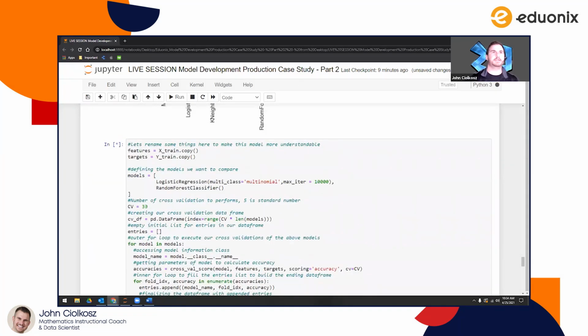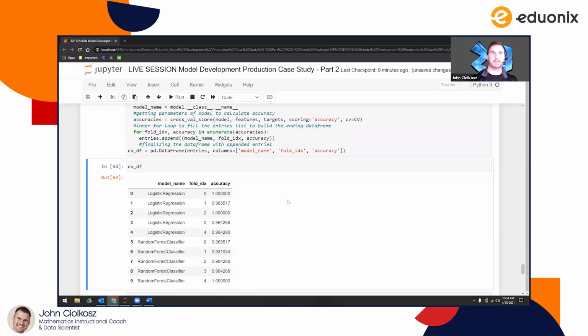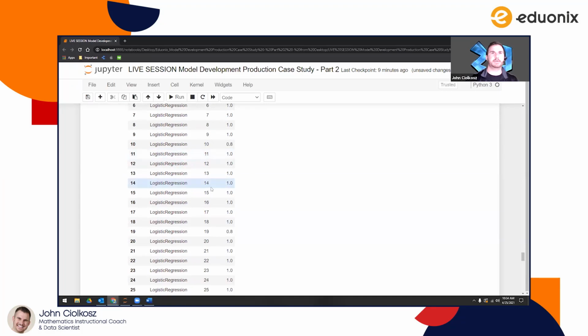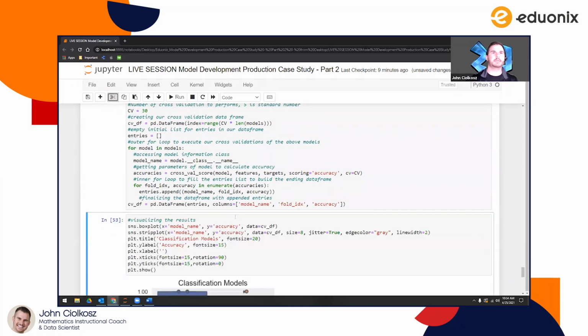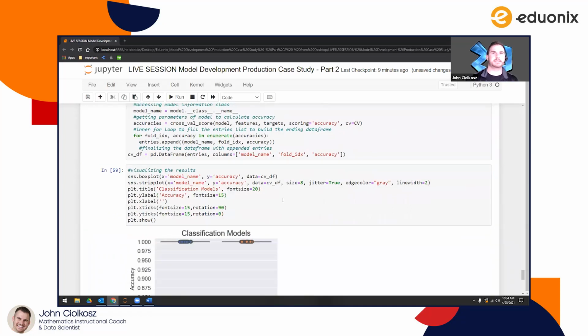So running with a very huge number of cross validations here, just so we can get a better visualization and kind of get more understanding of those. So you can see I now have a gigantic one, right? For my cross val comparison, go and get rid of that. And if I visualize this,